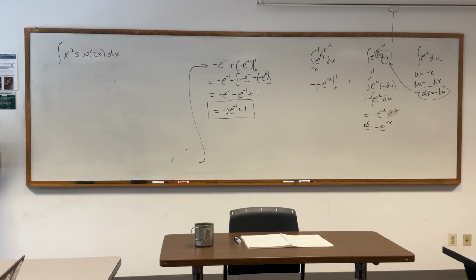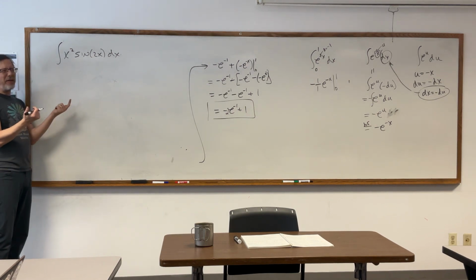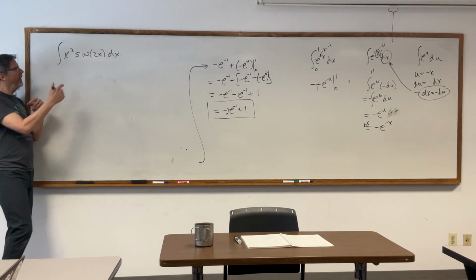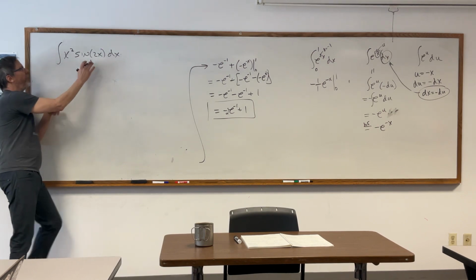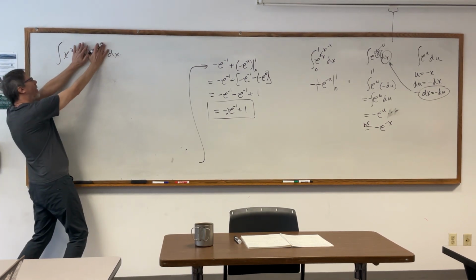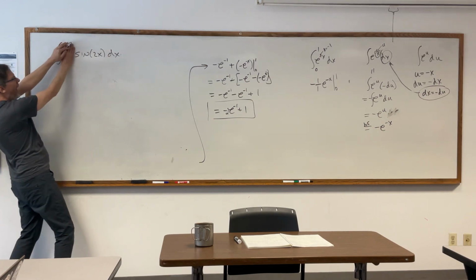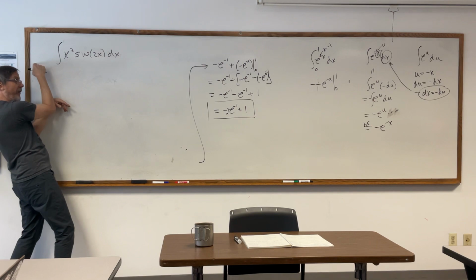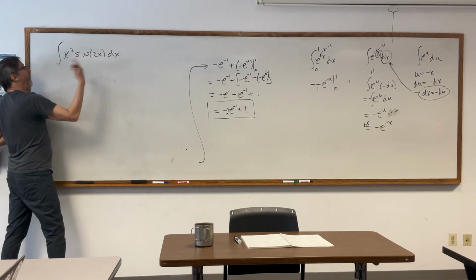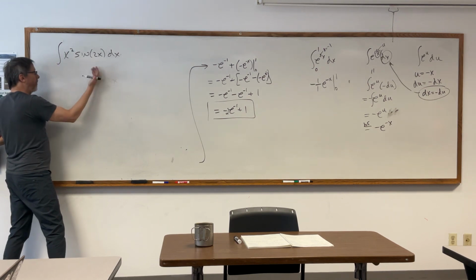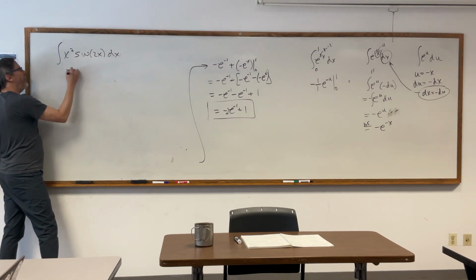Okay, look at the problem. What method am I going to approach this with? You know it's parts because that's what we're doing today, but if you read it, it's x squared times sine of 2x. I can do the x squared easily on its own, with a little substitution or the new rules I showed you. So I've got a product of two things that are sweet, but I can't do them as a product. So I want to show you a fast